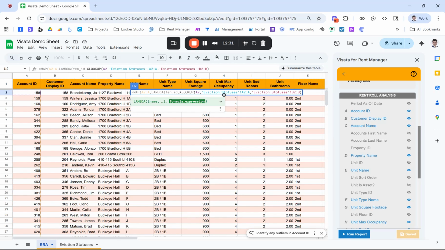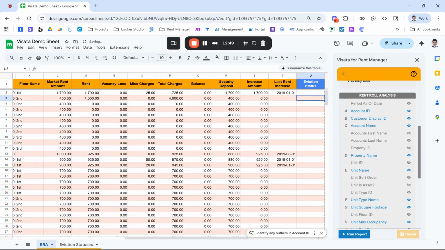And so now I leave the rest of this formula, and the only thing I have to change is right here, instead of A2, I put tenant ID, TEN underscore ID. And so now it's going to do this XLOOKUP for every single value in column A, which is exactly what I want. And if I hit enter,